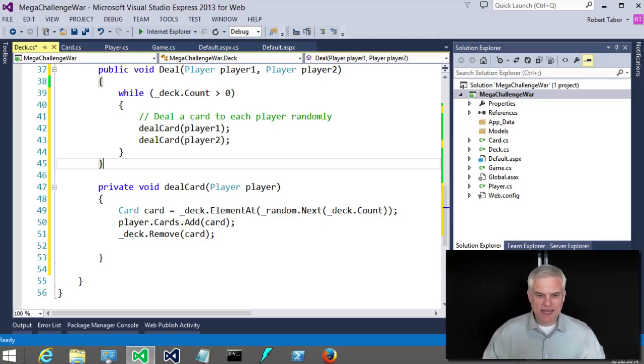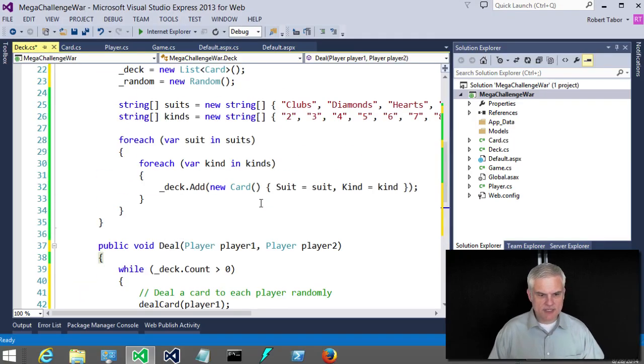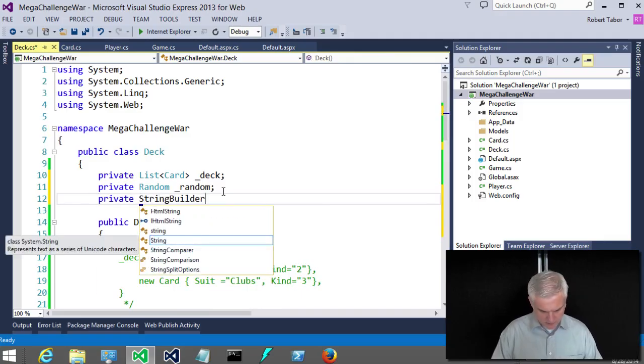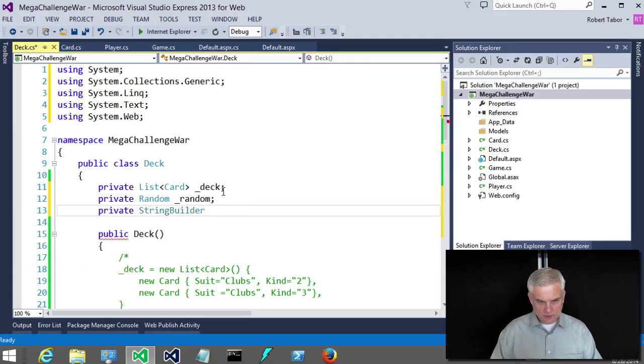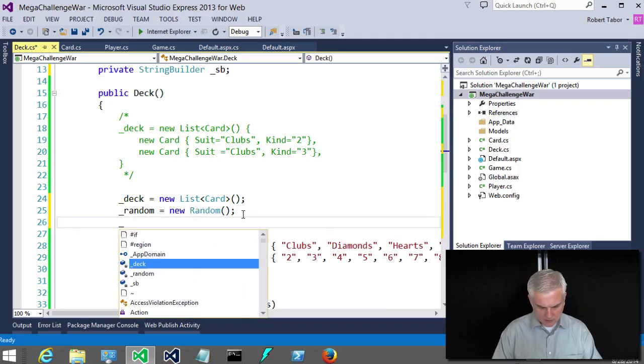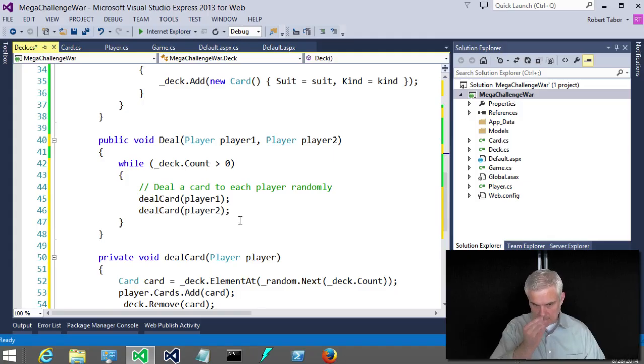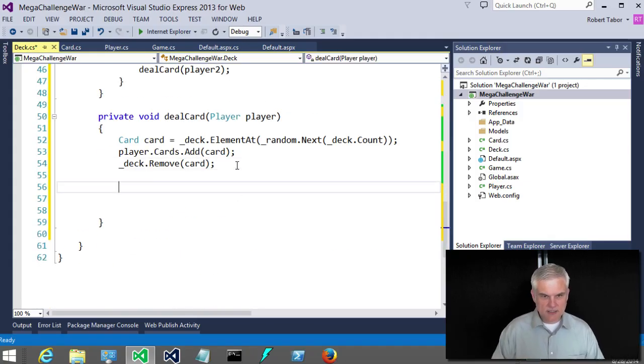Now, how do I know that each of the players have their cards in hand? Well, I'm not crazy about this, but I'm going to go ahead and create another private string builder SB, and then SB equals new string builder. Whoops, string builder. All right, so now what I'm going to do is just something like this,